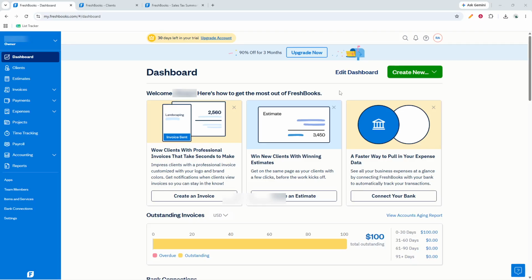In today's video, I'm going to teach you how to import clients' CSV into FreshBooks. To get started, sign into your FreshBooks account. Make sure you're using the correct account before you begin, especially if you manage more than one business profile. Once you're logged in, you'll be on the main dashboard, where you can access the tools needed for importing your